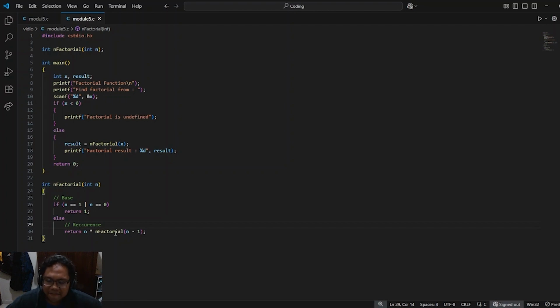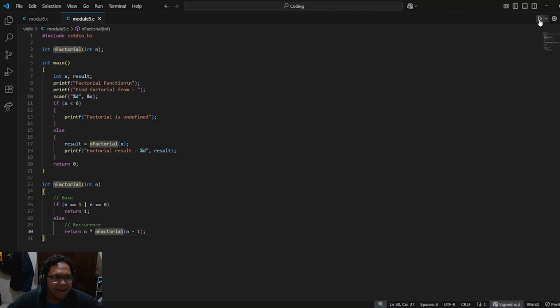Now, in n factorial 1, the condition is met, n is equal to 1. So the value that will be returned will be just 1. So the function will give 3 times 2 times 1, which gives us 6.